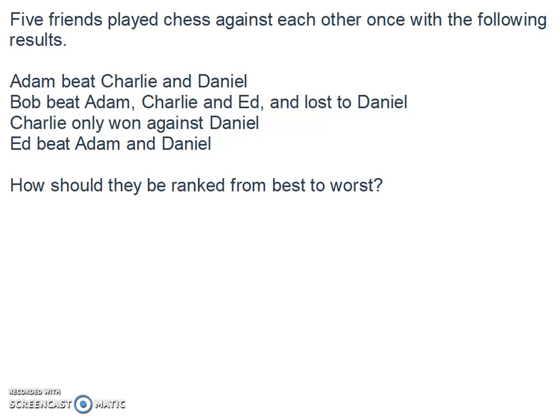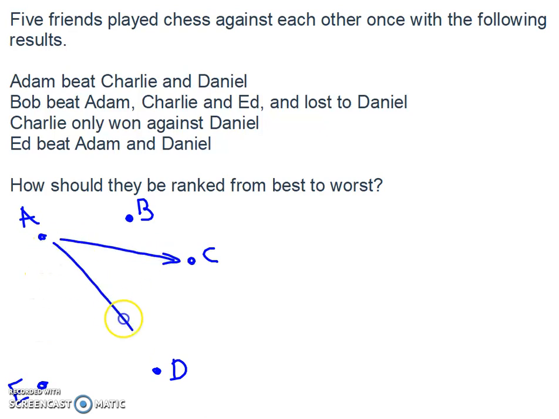And what we're going to do first is make a diagram that helps us picture what's going on. So I've got 5 different dots representing Adam, Bob, Charlie, Daniel, and Ed. And I'll use an arrow from one to the other to represent a win. So Adam beat Charlie, and he beat Daniel. Okay. Bob beat Adam, and Charlie, and Ed,